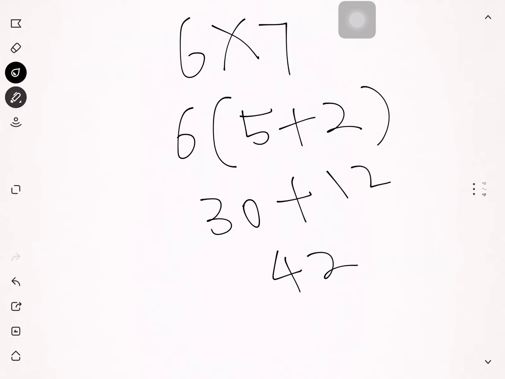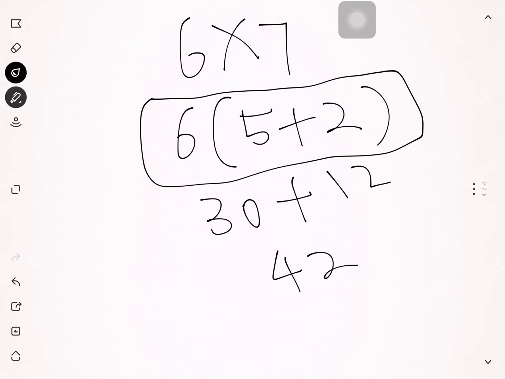The whole process of knowing 6 times 7 is not that they memorize or get the answer. The whole process you want them to understand is that 6 times 7 can be broken down into 6 times bracket 5 plus 2. So then there's creativity, they can break it into any sort of numbers which makes sense to them. The answer of 42 is not the important part. The more important is how they can break it down into a smaller